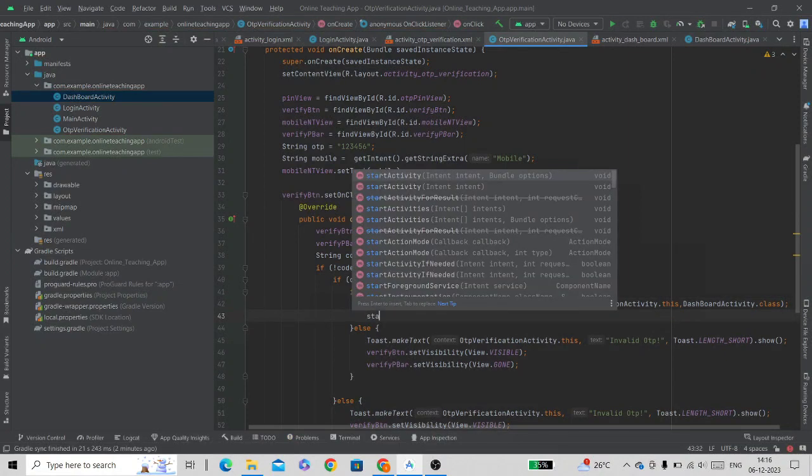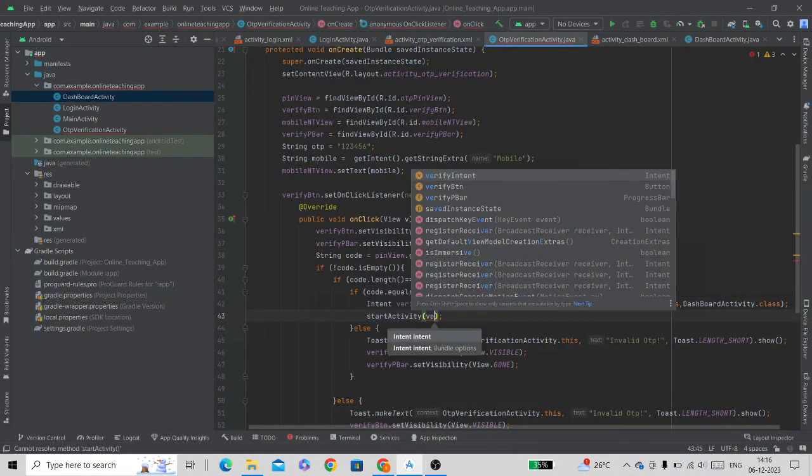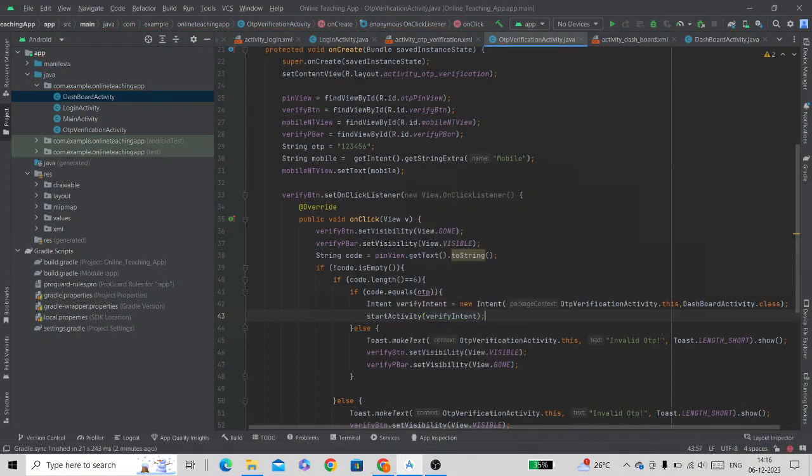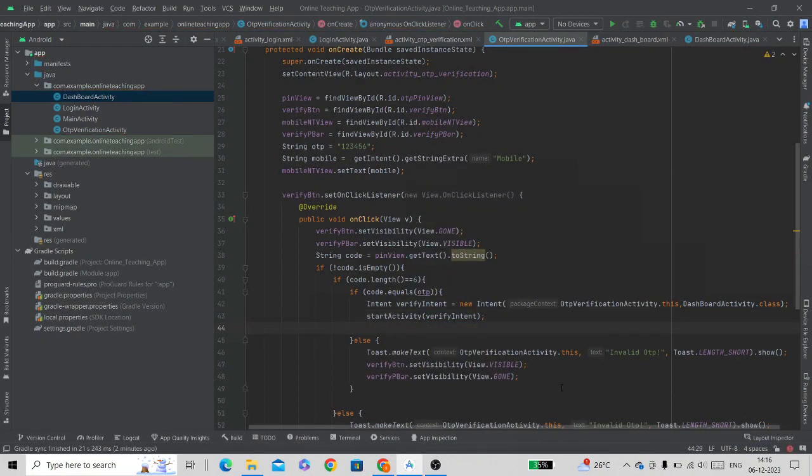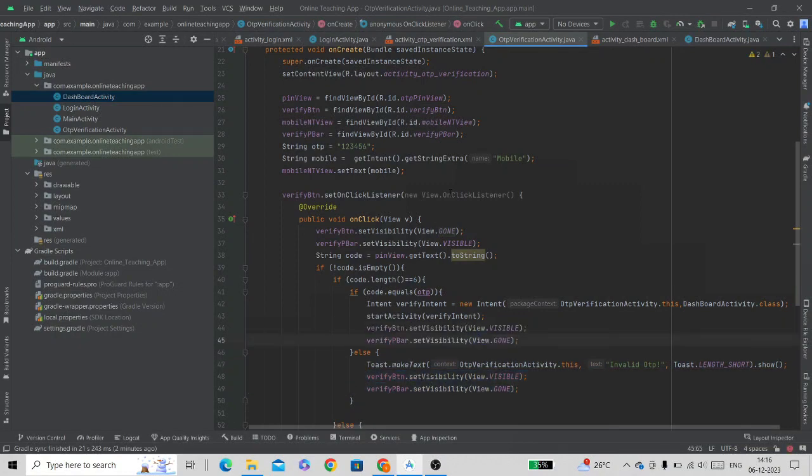Start activity verify intent. Now here also we will set the visibility of verify button to visible and the visibility of progress bar to gone. We'll copy this and paste it here. So we have completed our code.